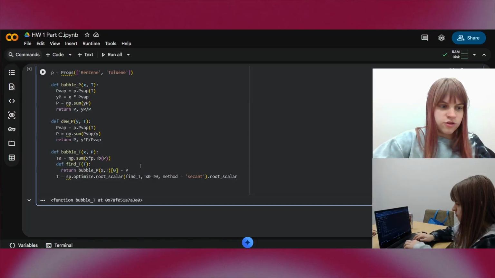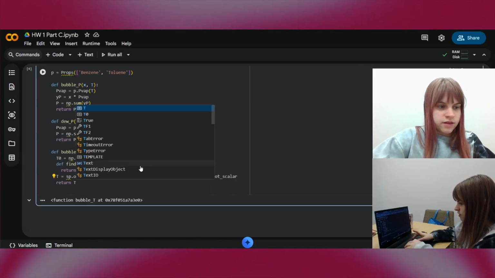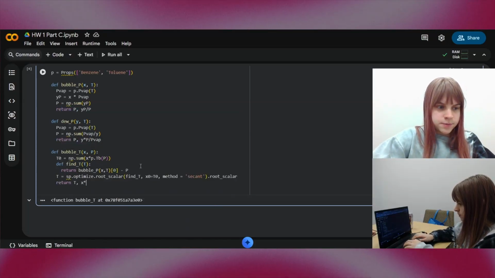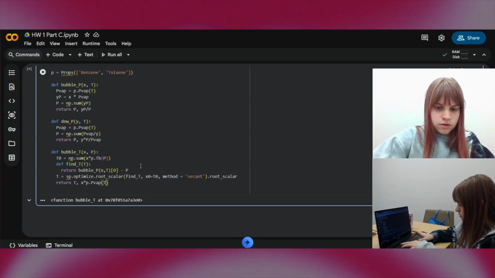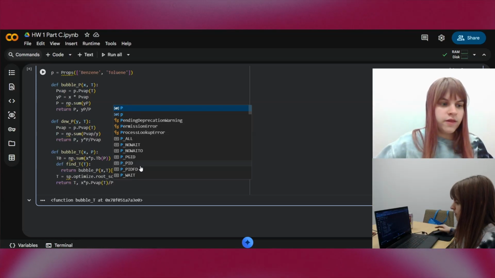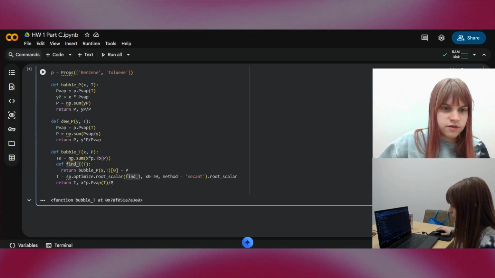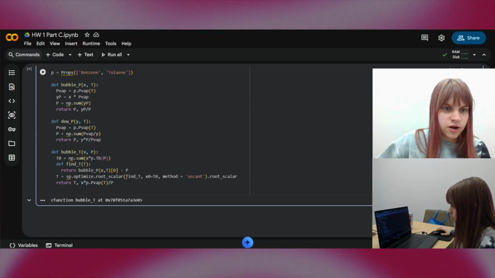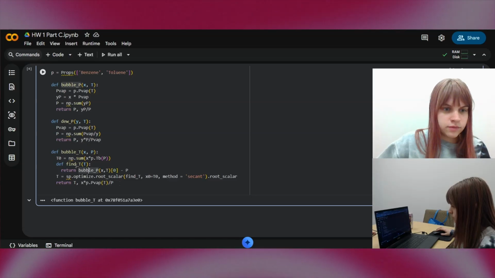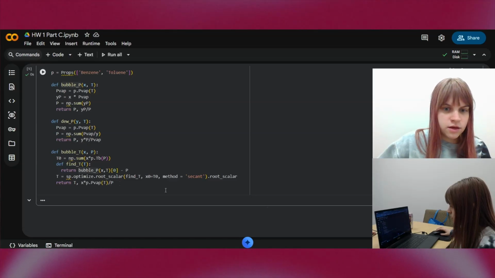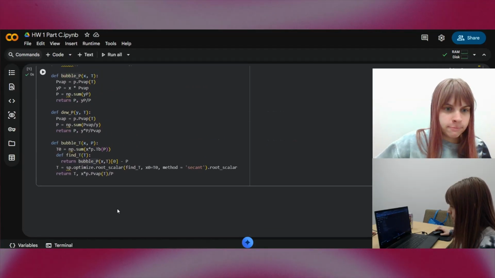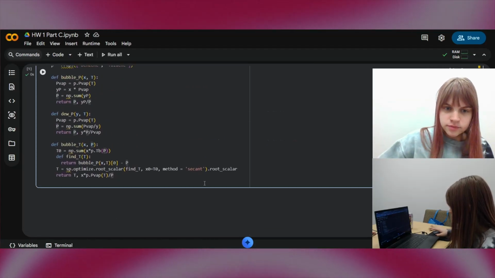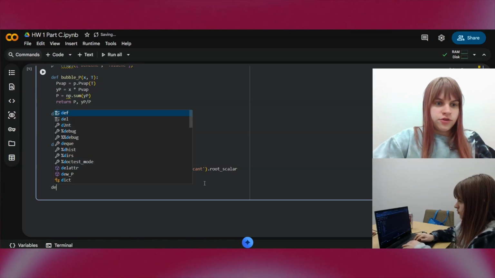And we would like to return this temperature, and then this will give us the vapor composition. Let's run this and see if we have any errors. It looks like it's all right. So I'm going to move on to the